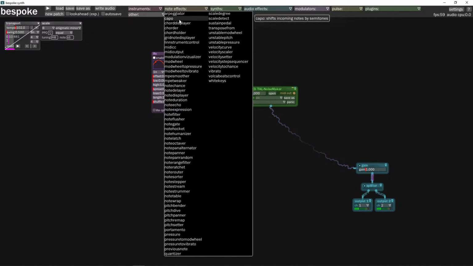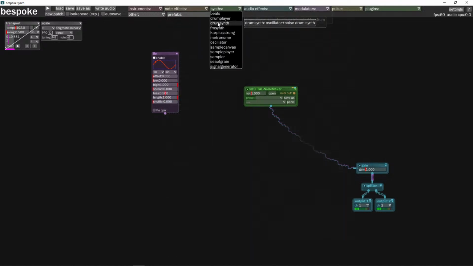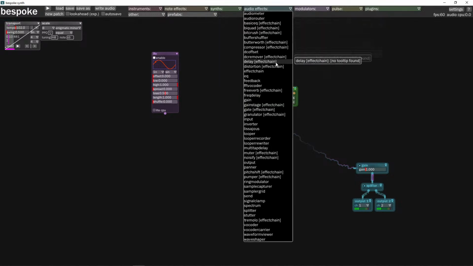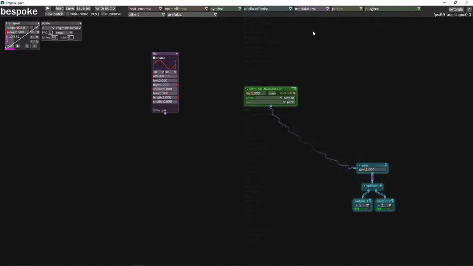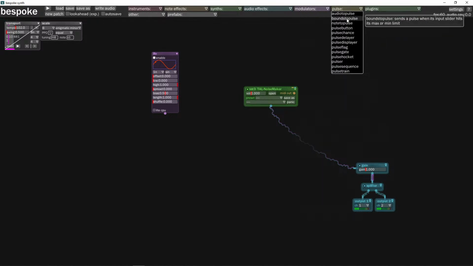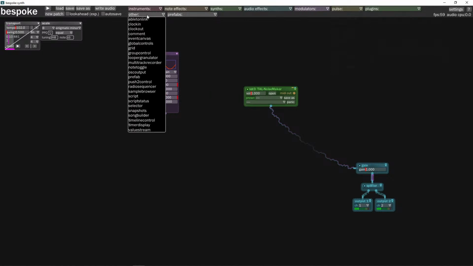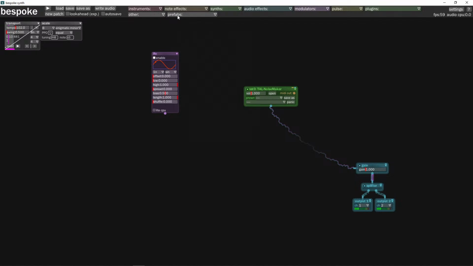There's a lot of other different things, MIDI routing things, built-in synths and drum players, sidechain and audio effects, different types of pulse extensions. These will just send out signals and nothing else. And then we have environment settings. And the biggest thing that I love is there's these prefabs. So basically you can make patches